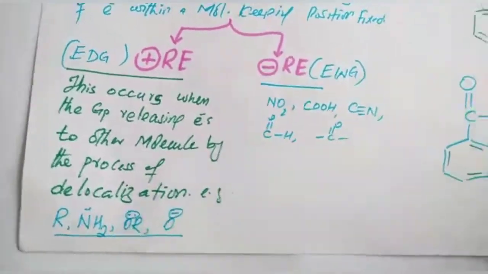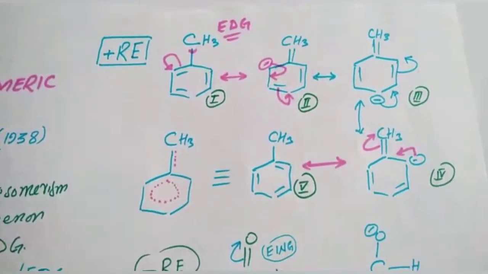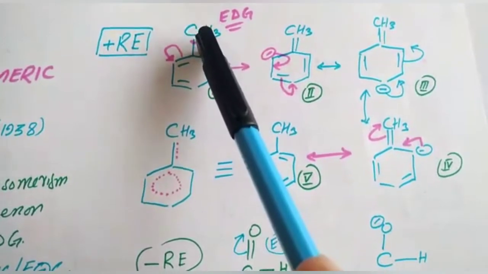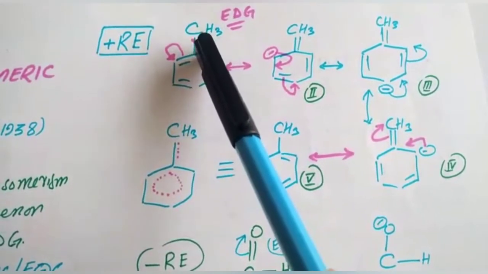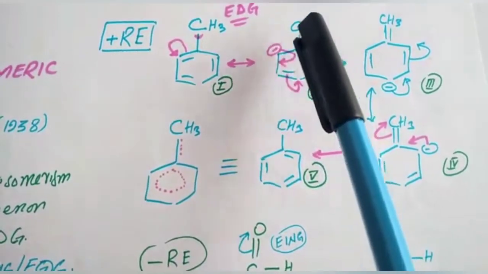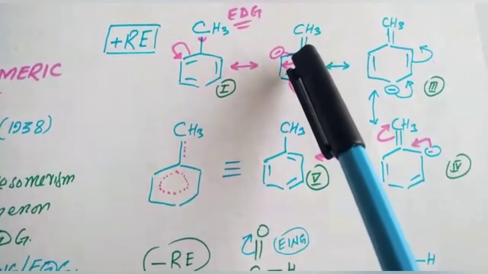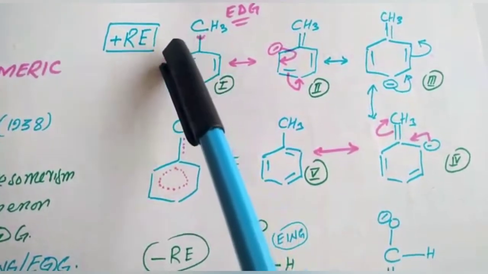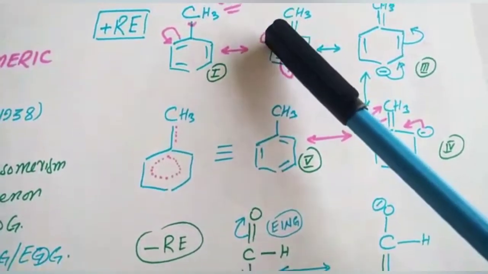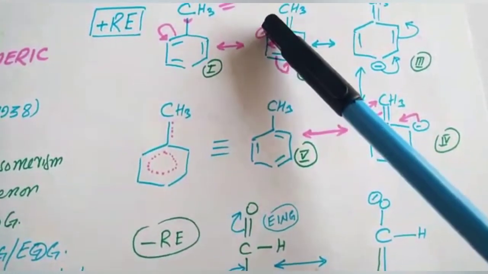For example, look here, positive resonance effect. This is methyl. This methyl shares its electron here. Now once this shares electron here, there is a double bond, and this double bond will share toward this carbon. Now this carbon wants to share electron further, so when this pi electron is shared here,